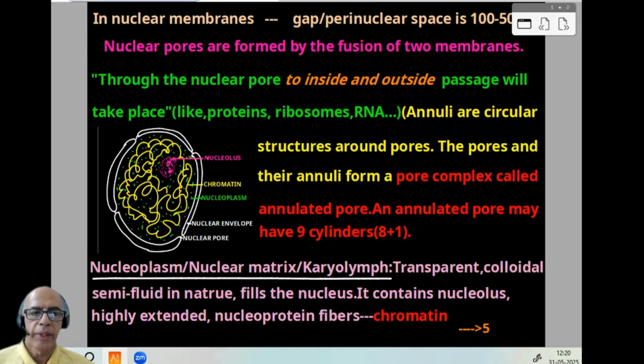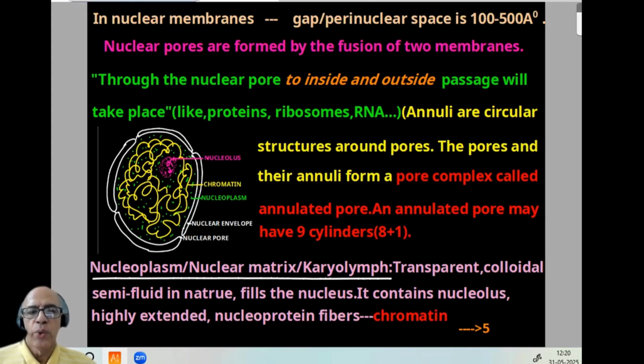Here, this you can find. Then nuclear pores are formed. How it has been formed, that is formed by the fusion of 2 membranes. Certain areas get fused, so a gap will be formed. And through the nuclear pore, inside and outside conduction takes place for materials like proteins, ribosome, RNA. And there is a special structure called annulae. Then annulated pore. Total annulae connected with the pore, 9 cylinders, 8 plus 1, that part not in NCERT,